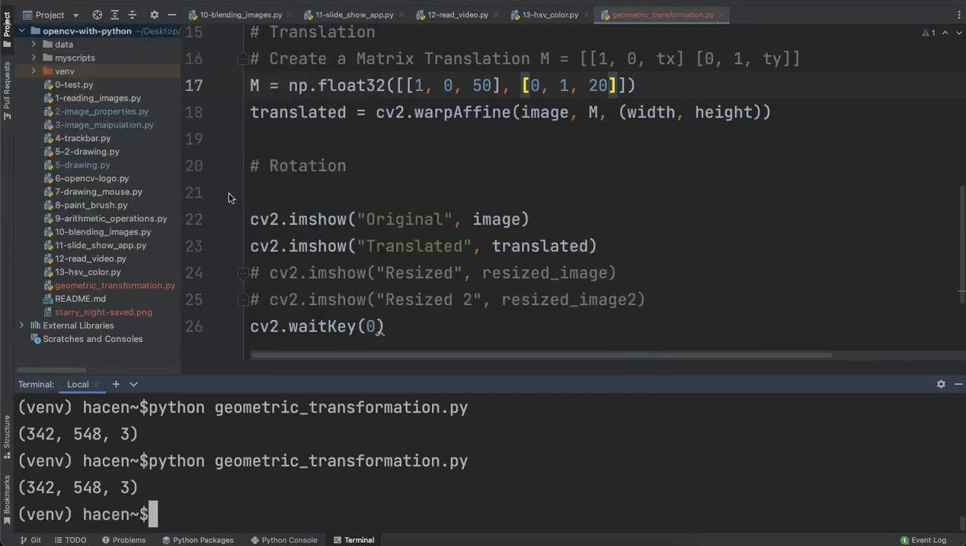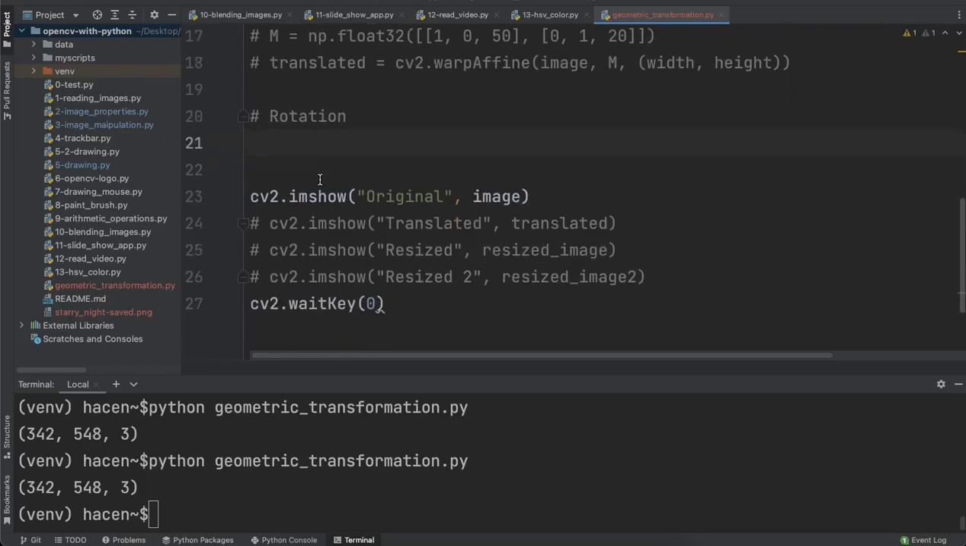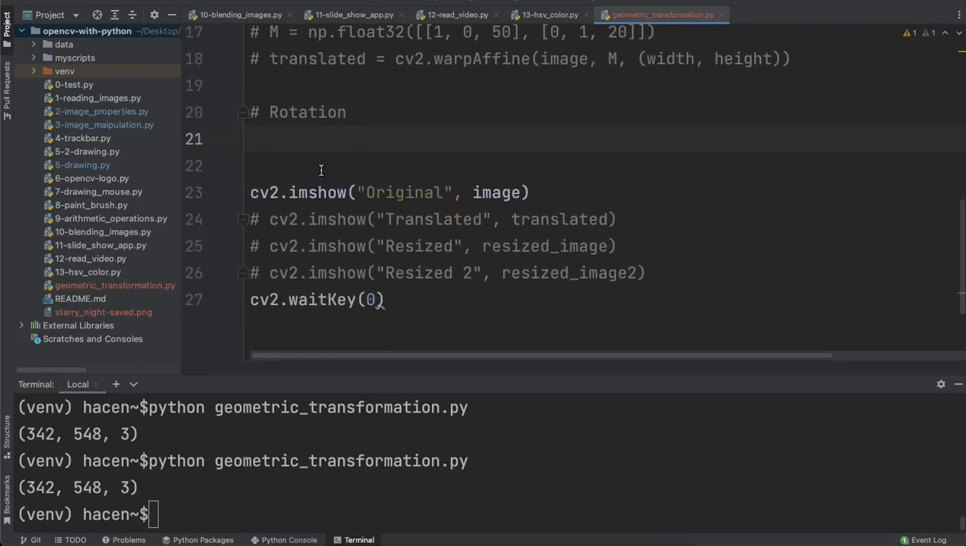Now let's move to the rotation. So I will also comment this, as I don't need them, and I will comment it from here also. So for rotation, we need also to create a rotation matrix. So to create this rotation matrix, I will call it also M, and I will use